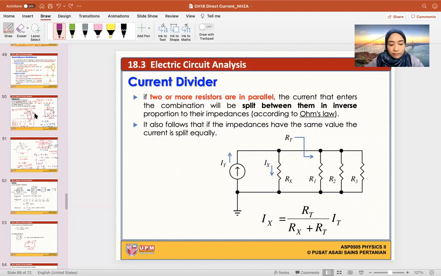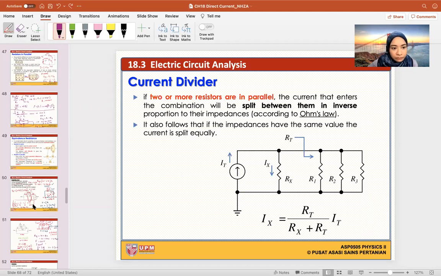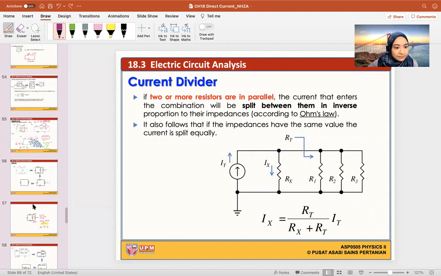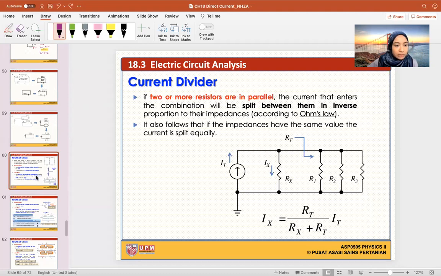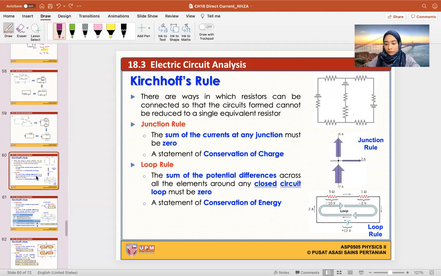Okay, so what we have learned about resistors, capacitors, parallel, and series is to help us build up knowledge to this subtopic, which is Kirchhoff's rule. Previously we talked about equivalent resistors, and then we talked about equivalent capacitors, and